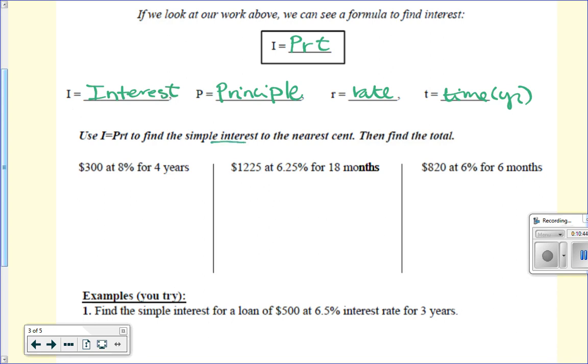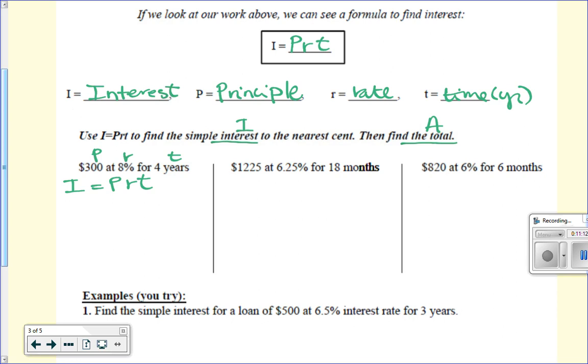So not only are we finding the interest, but we're going to find the total amount, either that you're earning or that you're going to pay. And that total is going to be represented by an A. Think about the total in your account. Okay, so let's do the first one together. If we're going to invest $300 at 8% for 4 years,